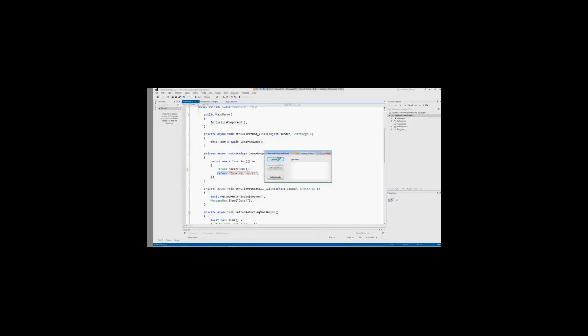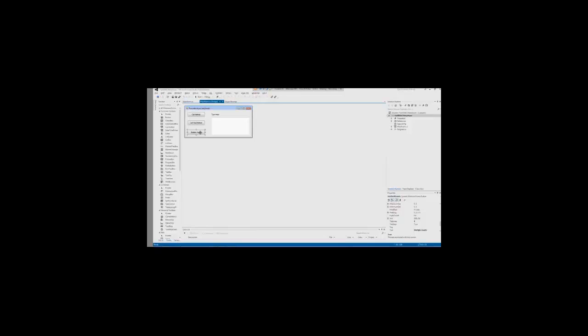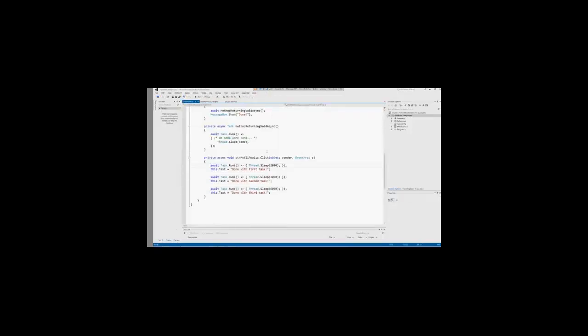Maybe I'll make that 5 seconds, just so we're not waiting here for 10 full seconds. Let's make that 5 seconds. And then eventually I do return an actual string. So let's do that first one. I'm going to click my button, and I'm typing away. And eventually we should see, yep, the title just updated.